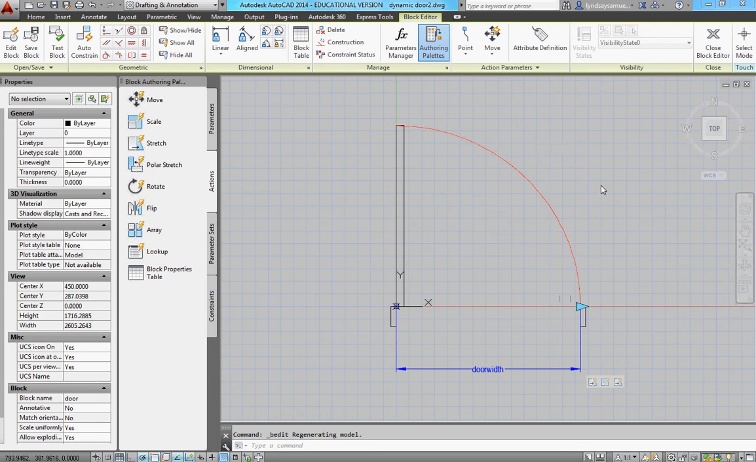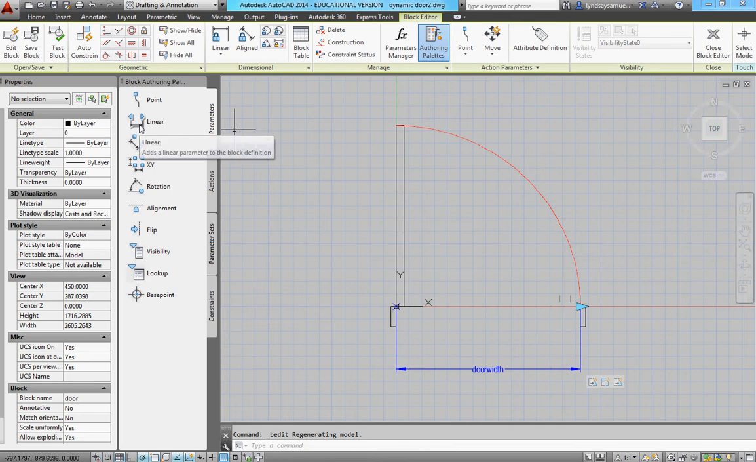Hello, here's part 2 for the dynamic door block. I left off part 1 with 3 actions on one parameter. Alright, what we need to do now is add another parameter to the door to go for